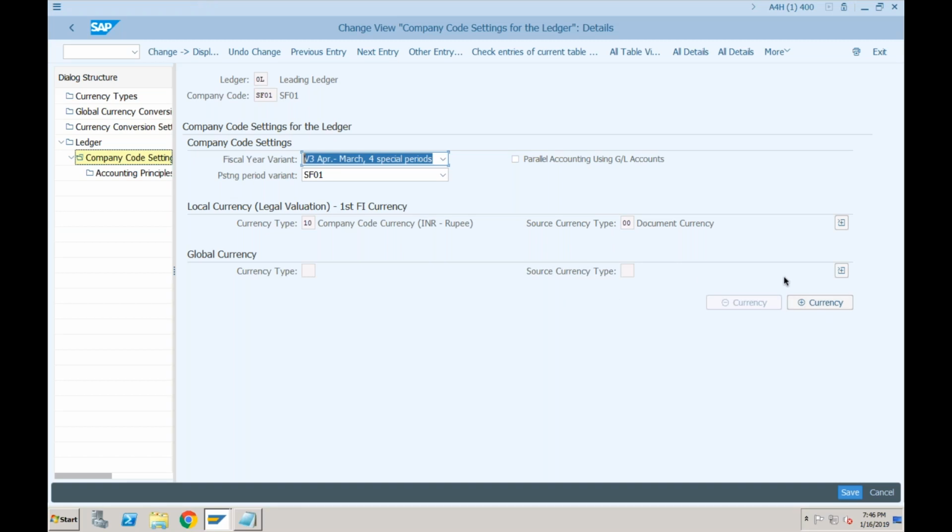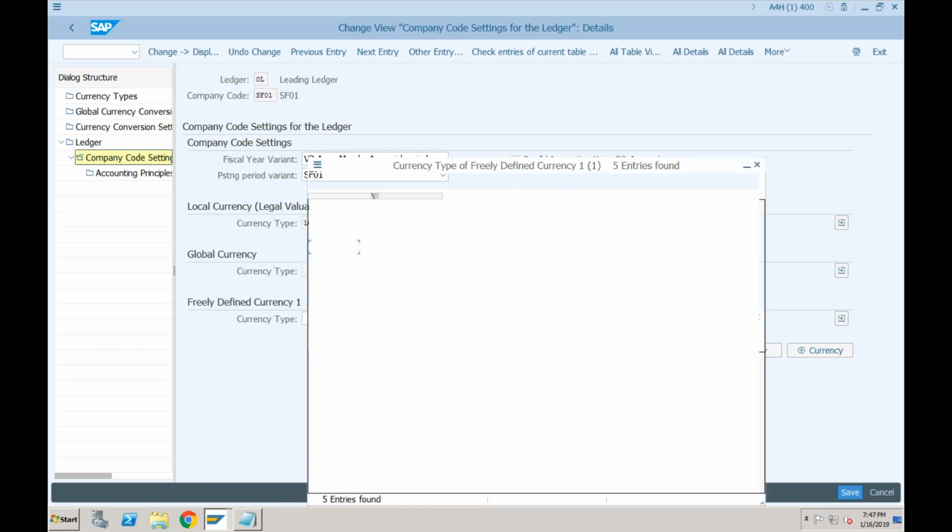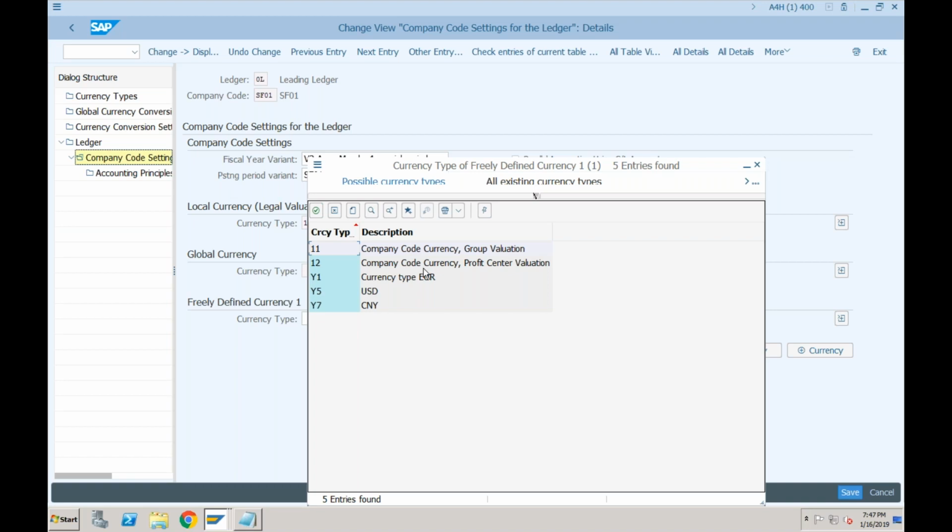Okay, so let's say whenever you want to add a new currency, I'll go for currency. Now the system will give me the list of all the currency types. Again, if you do this in SAP ECC also, when you click on F4, the system will give you the option of group currency, hard currency, index currency. These are the normal 3 options which are available in ECC. But here if you do F4, you may find more currencies. Okay, not only hard currency, group currency and all, you may find more of them, because you can even create your own currency types.